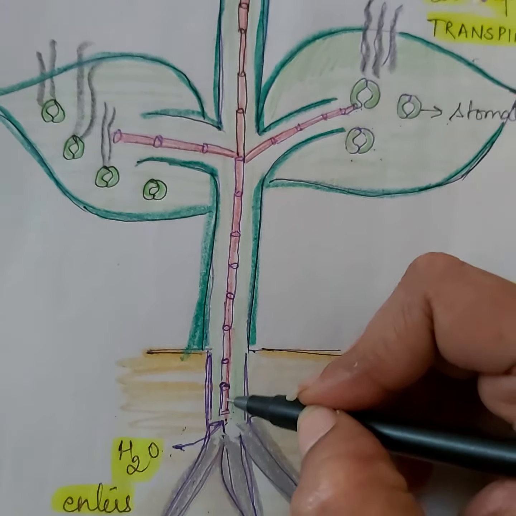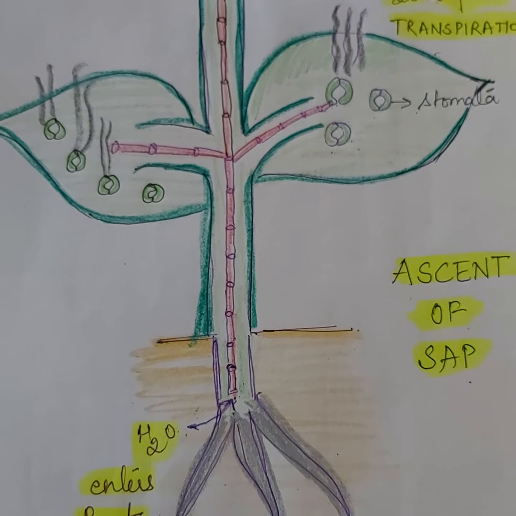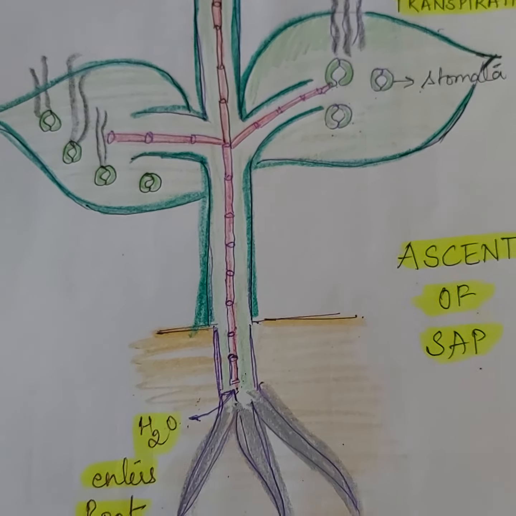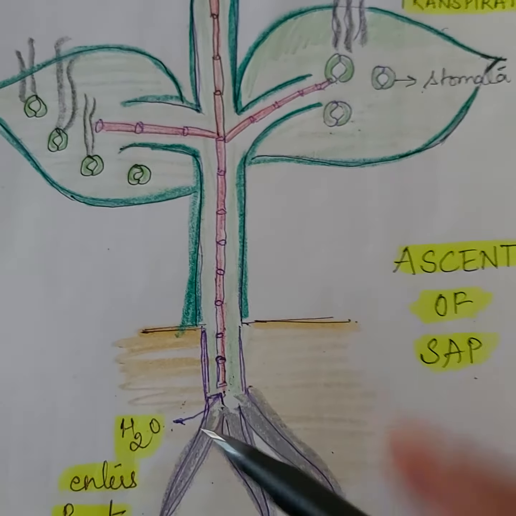Okay, but this water has to travel in the upward direction in order to reach all the parts of the plant. And this is not possible because water moves in the direction opposite to the force of gravity. It is going to move in this direction. So for movement in this direction, which is opposite to the force of gravity, you need a suction pull that will pull the water in the upward direction. How will this pull be developed? What is the phenomenon responsible for it?